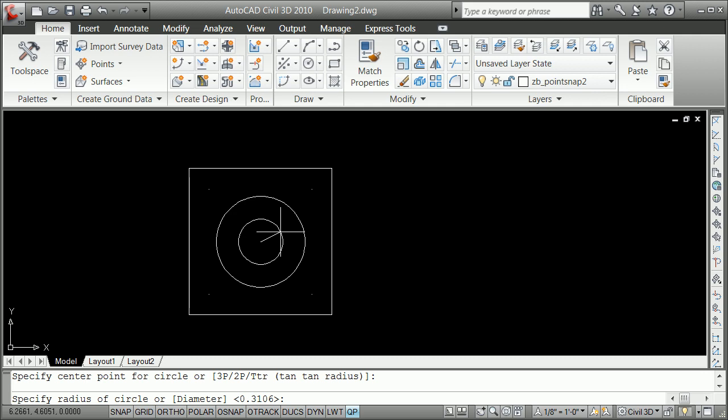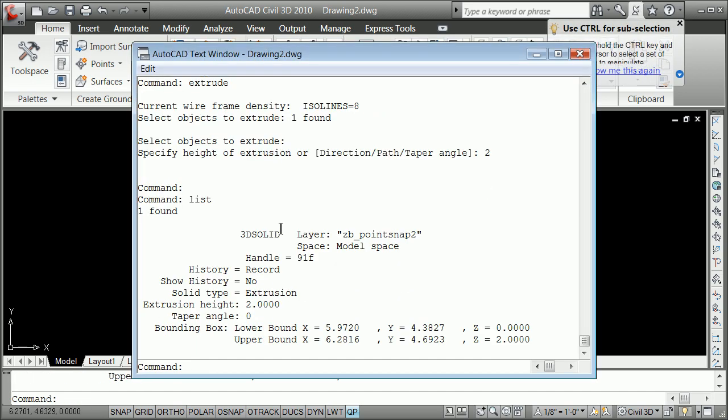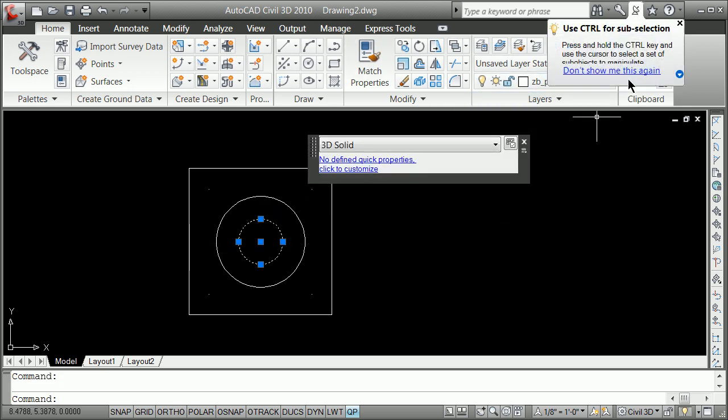The other one right there. We will do extrude, and we'll make that a little bit taller than usual. Extrude of maybe 2. Now that is a 3D entity, and it's on layer. If we list it, it's on layer ZB snap or point snaps 2,